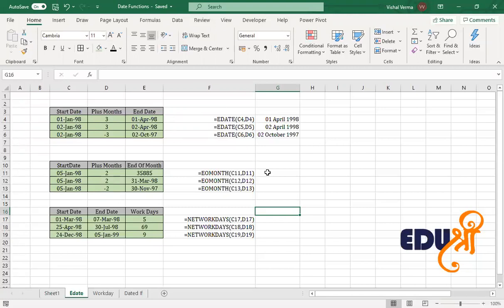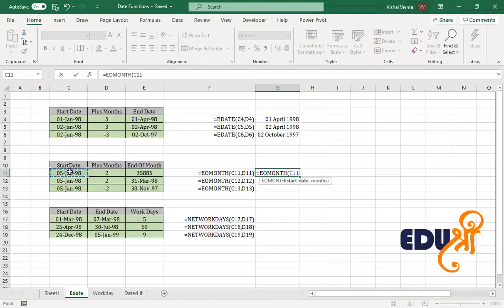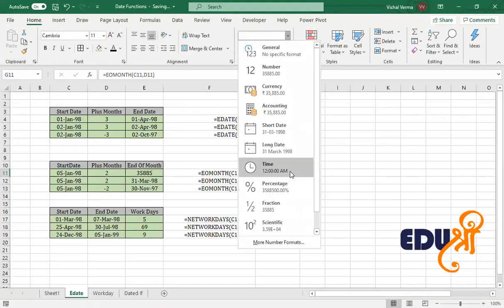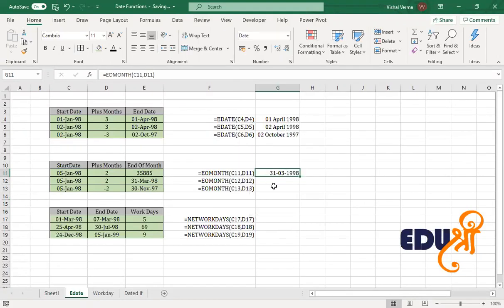But when we use the EOMONTH function, we have the start date and then we add plus 2 months. By default, it will come as a number or General format, and we need to convert it into a date format. So we get 31st March.